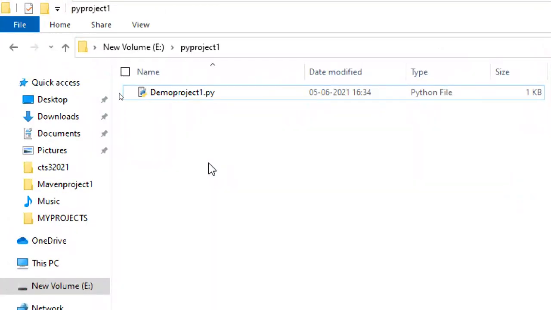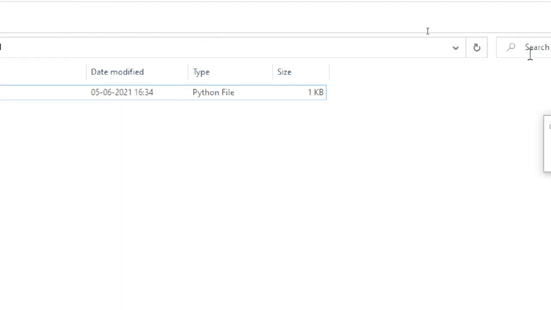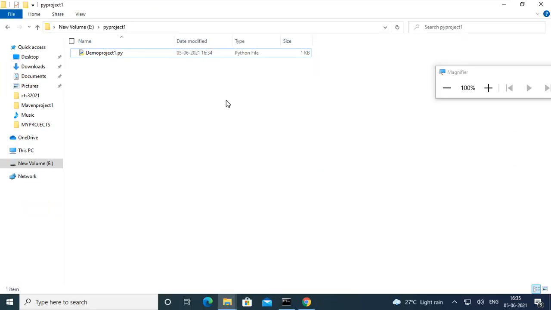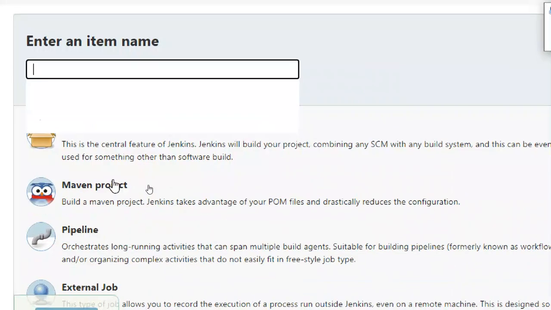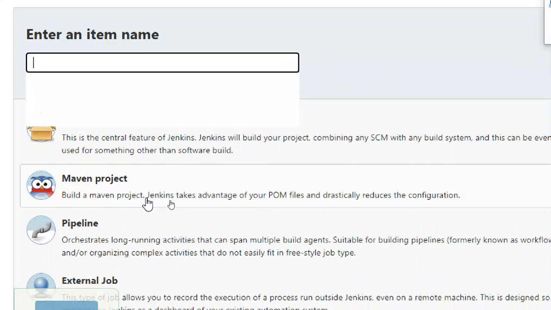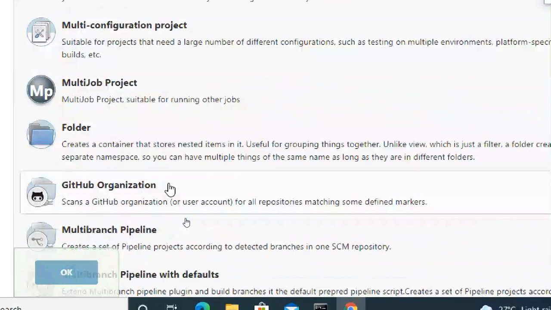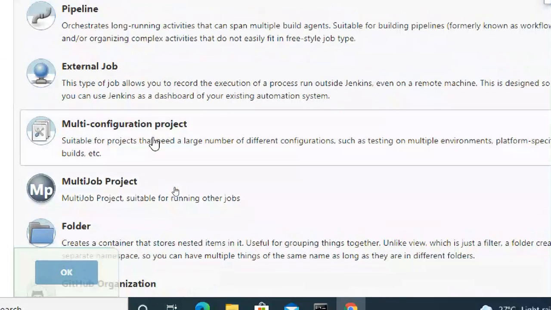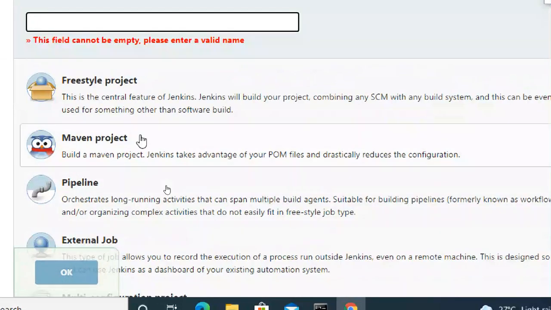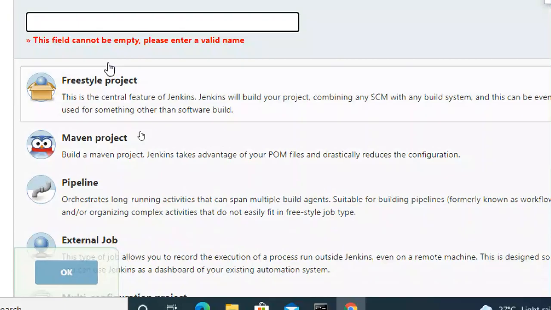Okay. If you want to do the same thing with Jenkins, how to do it? Go to here. Guys, if you observe, a few more things are added here. See, multi-branch pipeline, GitHub organization, multi-project, pipeline, and Maven project.